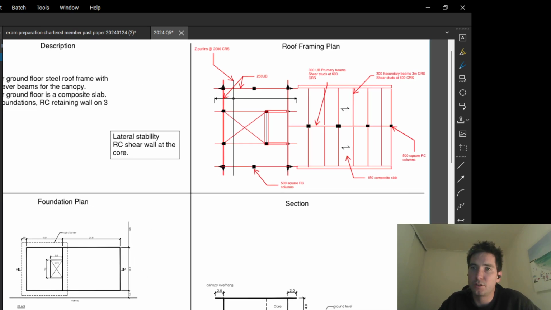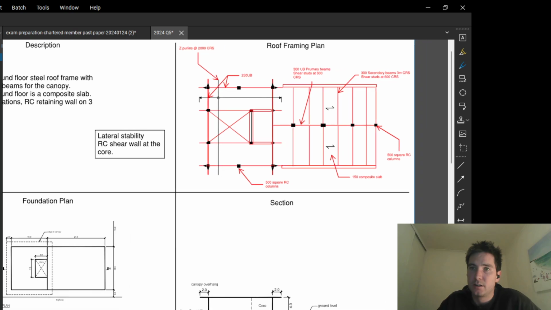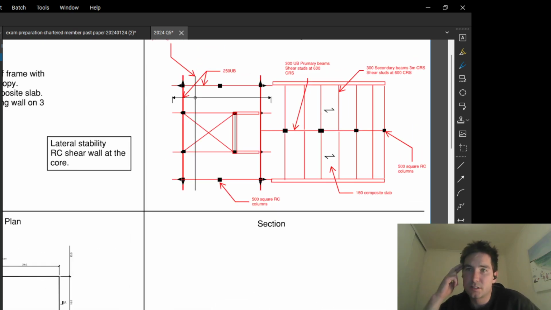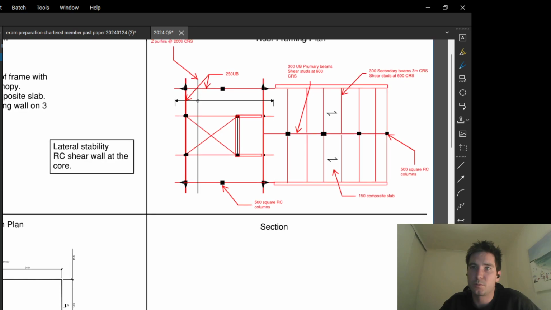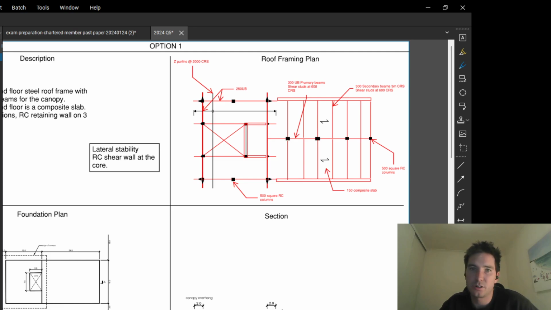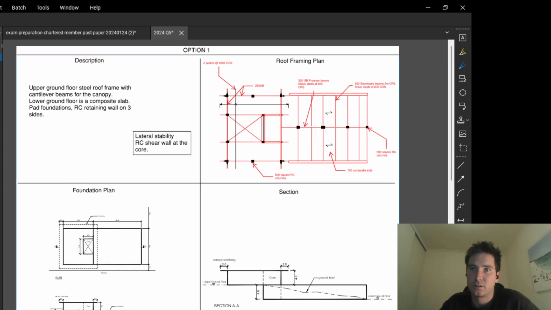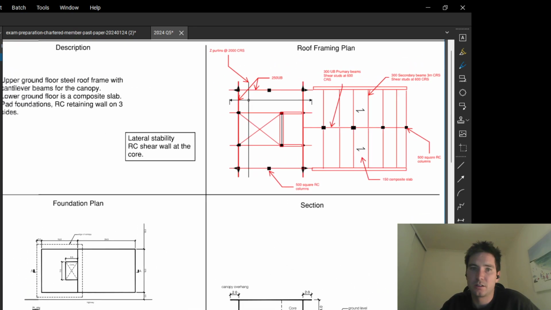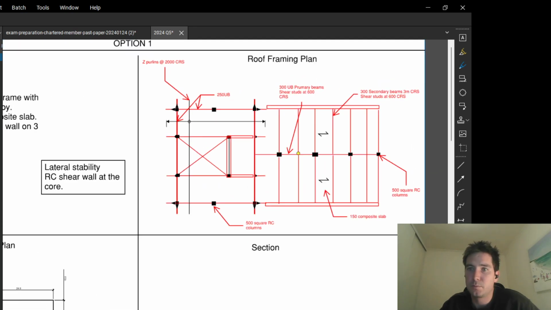The lower ground floor, I'm using a composite floor system with steel composite beams. I'm just using typical span to depth ratios. So these beams here are spanning, I should have put the dimensions here, 6 meters. I've got the columns through the middle. My intention is that 6 meters is our center-to-center minimum distance for the columns that we read in